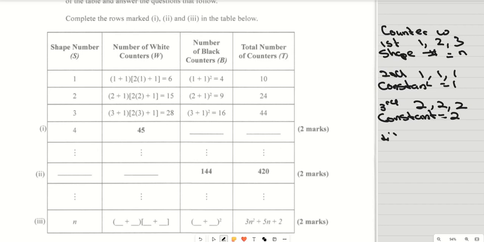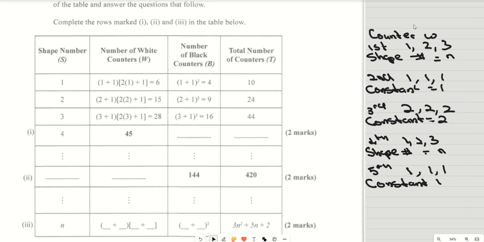Your fourth term, right? That is these 1, 2, 3, is also your shape numbers, right? 1, 2, and 3 is your shape numbers, or n. And your fifth term is equal to 1, 1, 1. So it's a constant of 1. Right? And then this is for counter W. Now, if you're looking for counter B,